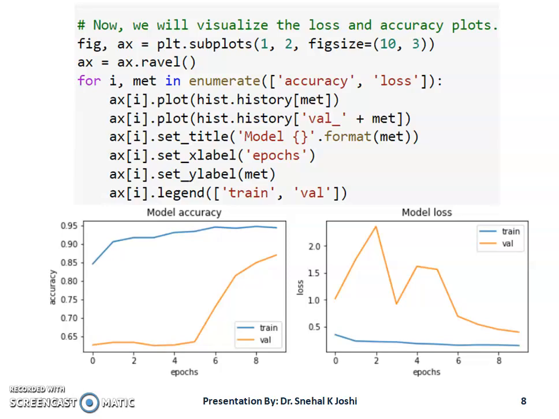But if you look at the accuracy of the validation set, it shoots sharply upward from epoch 5, and with each and every epoch, the accuracy for the validation set is increasing significantly. The second plot is related to the loss, and it is very much evident that the loss drops sharply for the training data set from epoch 5 onwards. So that was about our model performance as far as accuracy and loss are concerned.